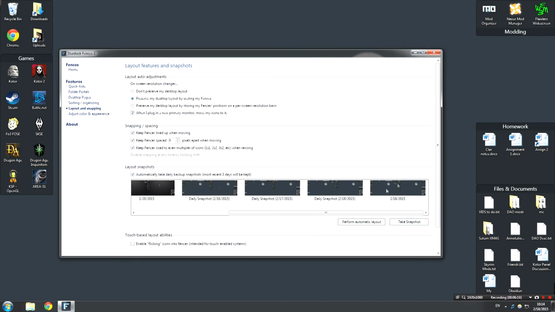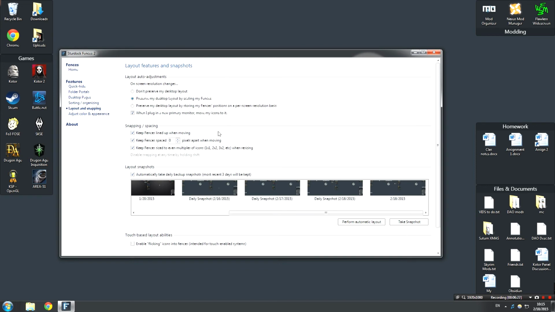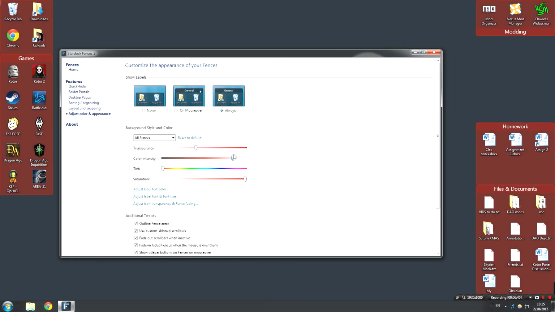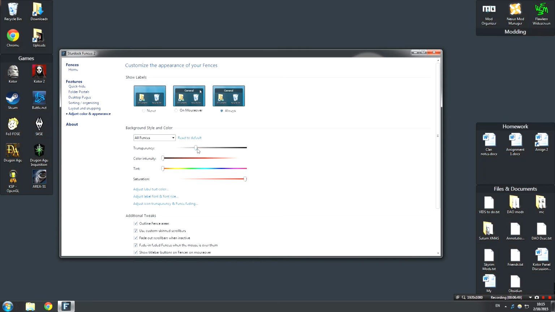It will take a snapshot of this desktop that we have here, and we can actually go ahead and load them. We can open them up, that kind of thing. It's really, really cool. And we can also change how far apart things are, how the snapping works. All these fences can be titled, or in this one's case, not titled. You can also adjust the color, the appearance, so they can be red. You can have them be a really awesome, ugly yellow, a nice pink. You know, you can really color coordinate it. You can adjust the transparency to be pretty much invisible to really, really standing out. Label colors, you can pretty much do whatever you want.